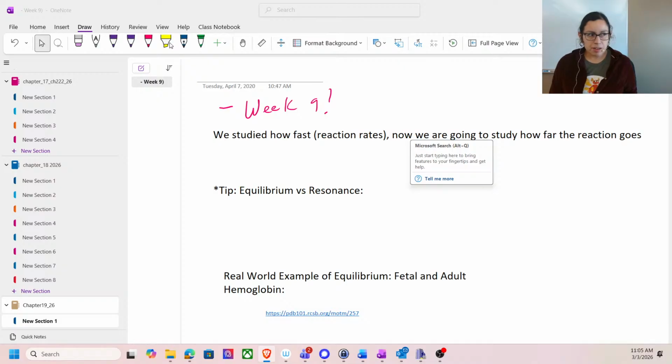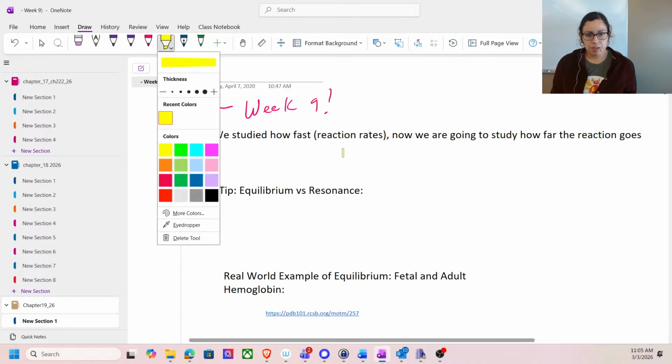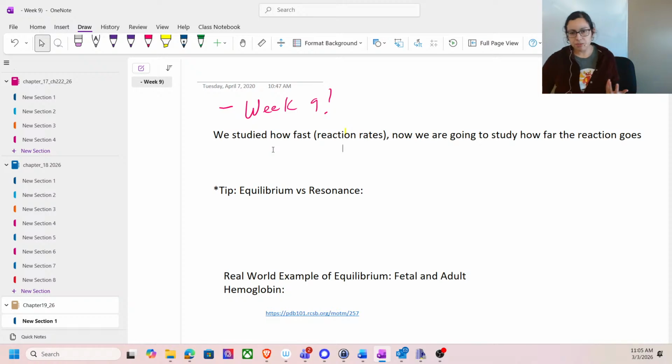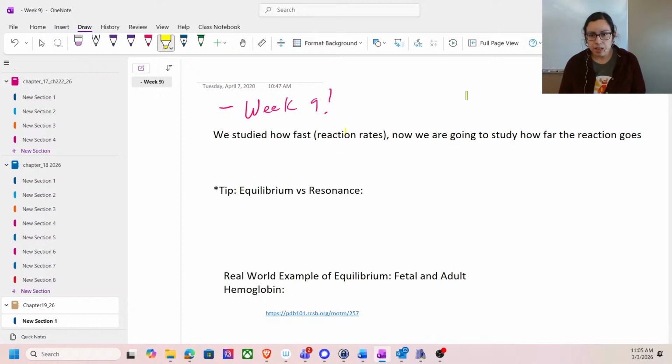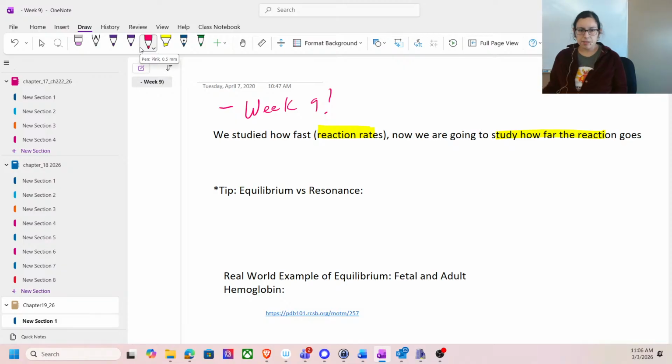All right, so kind of where we are. We were looking at reaction rates and kinetics, and how far the reaction goes with kinetics. We saw that tie in with the mechanism last chapter. Now we want to get into a few reminders. Looking at equilibrium, we don't want to confuse equilibrium and resonance. So just a quick reminder